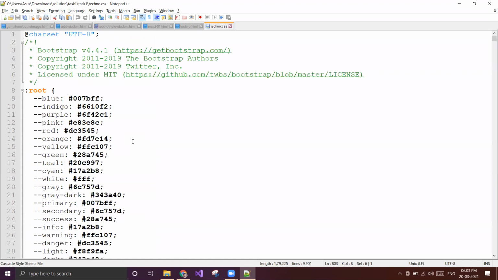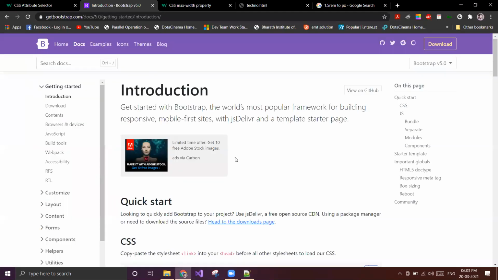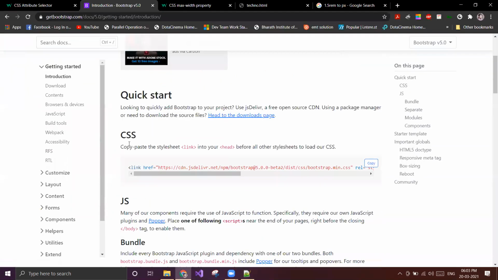We can use this CSS file in our link rel equal to stylesheet. We can write the name of this file and keep that file in our folder, or we can use CDNs. What we React guys were doing, we are using CDNs. In our HTML file, at the head section we'll add a CDN.